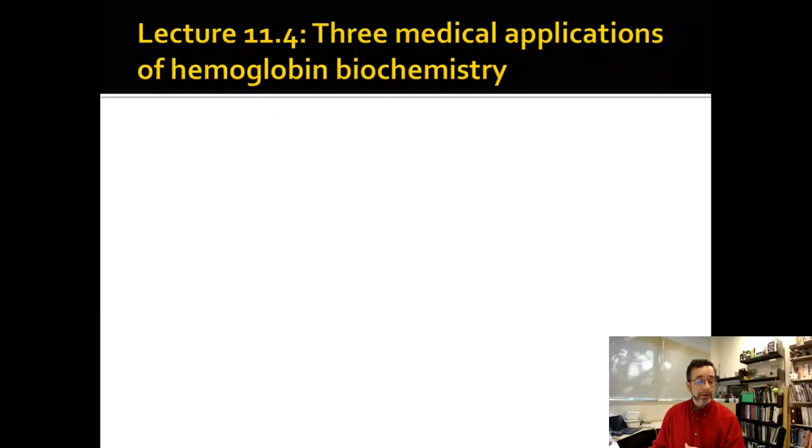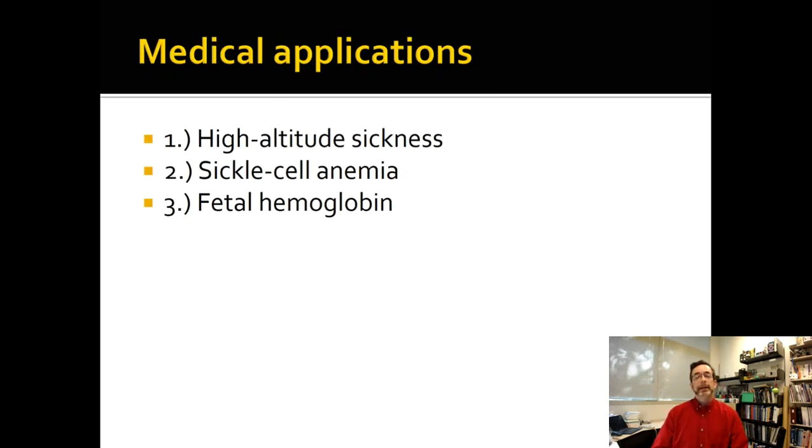All right, welcome back. Here is the last part of our hemoglobin journey, and we are going to tell you why we're doing all this. It's because hemoglobin is so deeply involved with an essential process, and contained within the hemoglobin itself is the structural unit that causes most of these things to happen. Therefore, we can look at the hemoglobin itself, and biochemists can save the day on 3 different applications. And so we're going to talk about 3 of those.